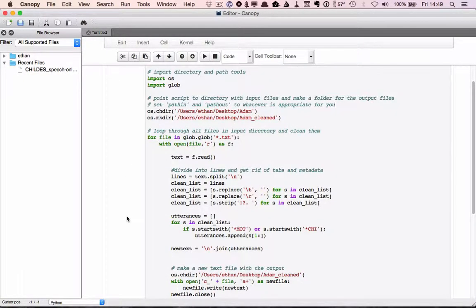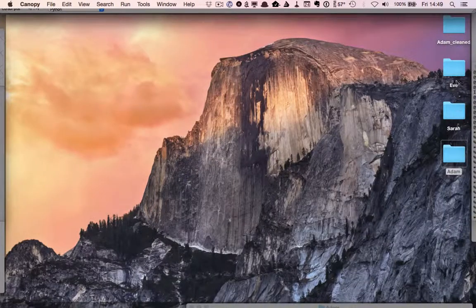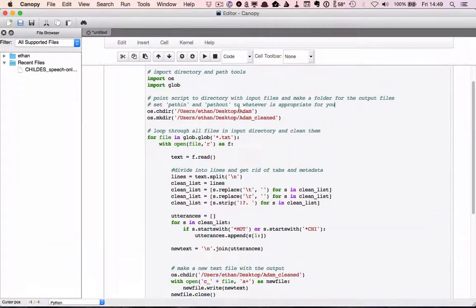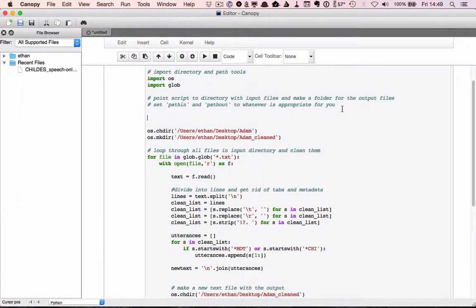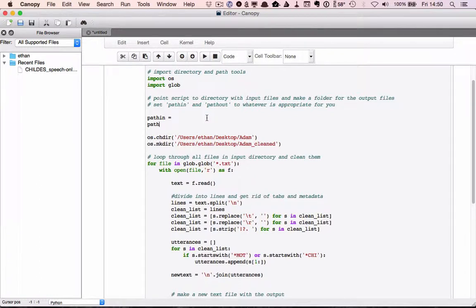Now, just as a finishing touch here, we do have some other folders. Of course, we have Sarah and Eve as well. So why don't we just go through and make this script even more general so that it's easy to apply to those other folders. So instead of specifying this path here directly, let's make a variable called pathin, a variable called pathout,